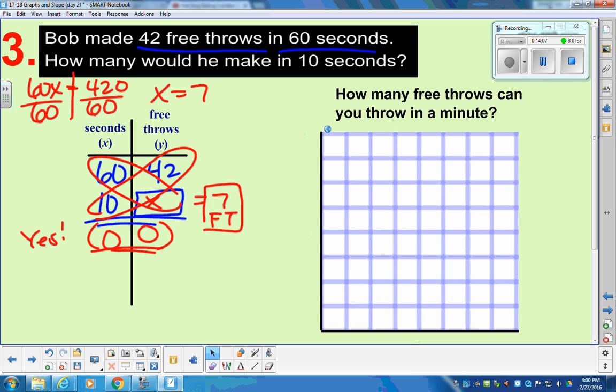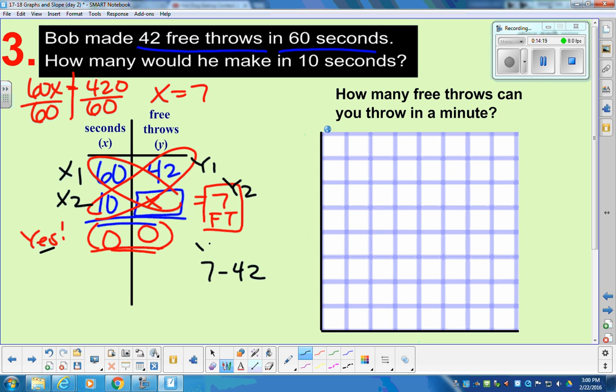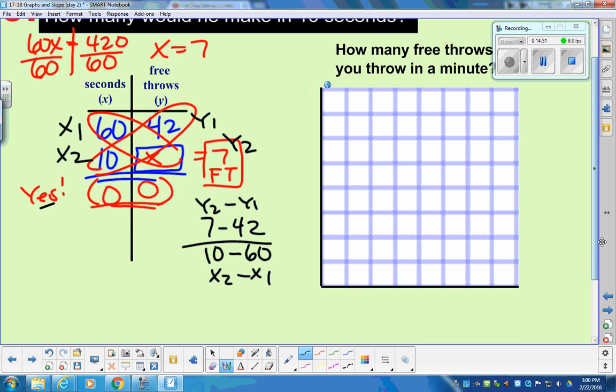Okay, so let's go ahead and grab that slope then. So I'm going to grab the slope right from this table. So for my table, I have x1, x2, y1, y2. So our slope then is 7 minus 42, y2 minus y1, over x2 minus x1. So as I start to solve, 7 minus 42 is going to be a negative number. Gives me negative 35